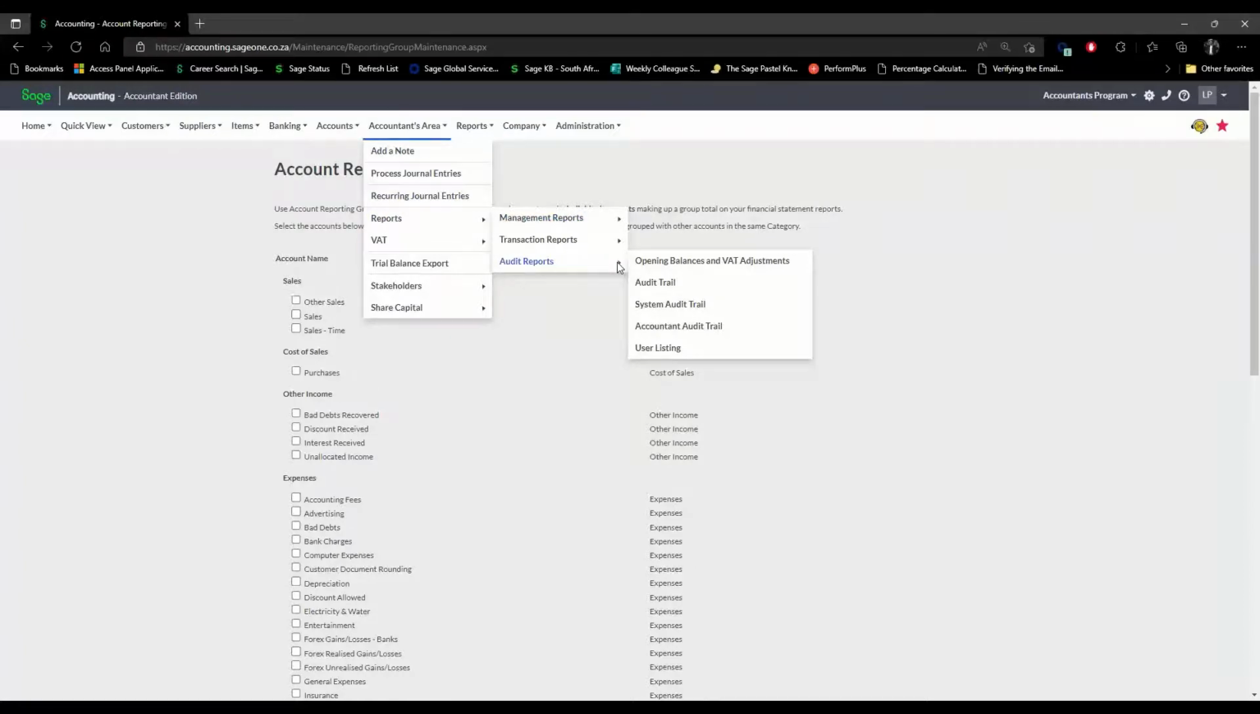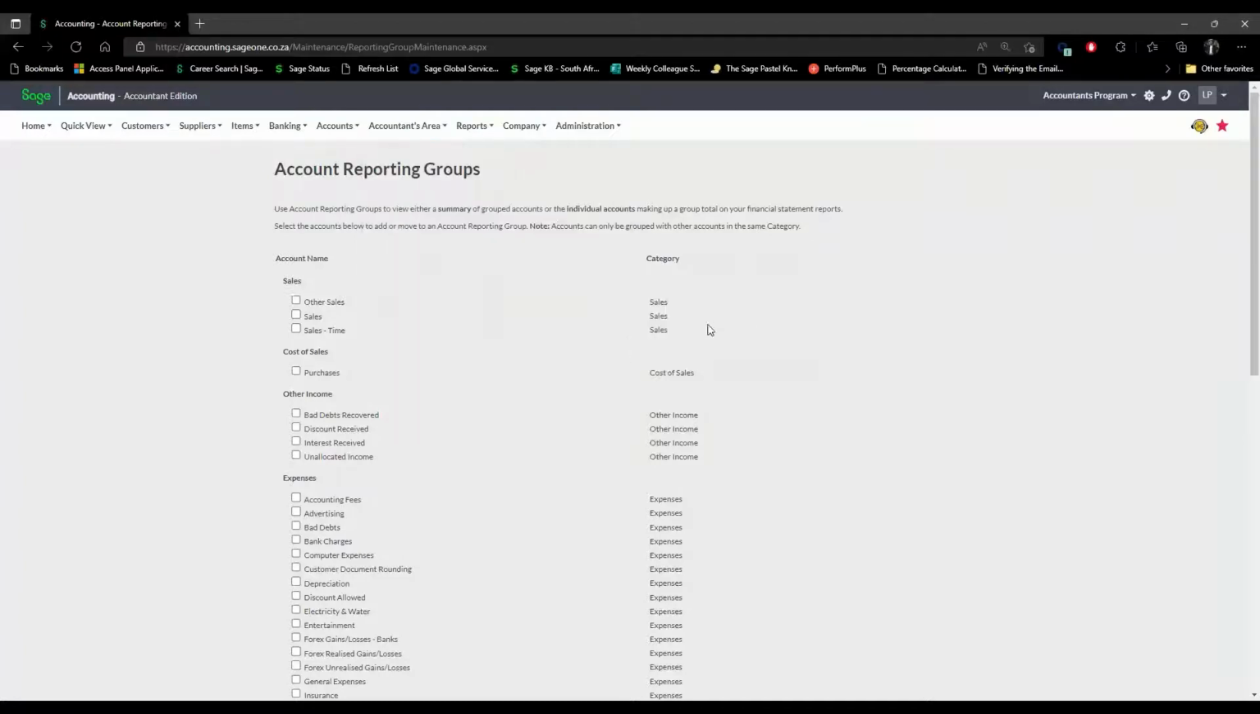So now on here, it gives you a breakdown. You can choose to see who did the opening balances or if there's anyone that did any VAT adjustments. There's an audit trail report in terms of what changes were made on the system. There's system audit trail reports. There's also a great accountants